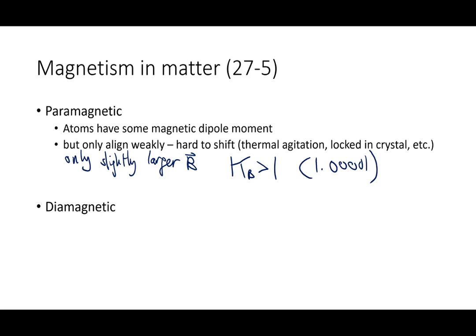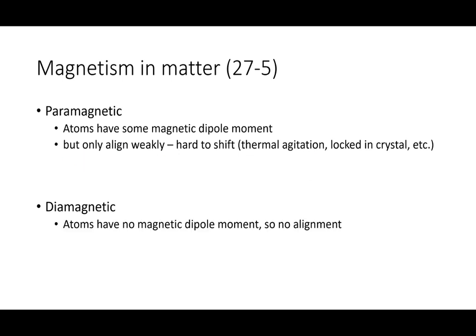In diamagnetic material, these are cases where the atoms in fact have no dipole moment at all. So there's no alignment happening whatsoever. You would think that would result in it basically acting as if it's a vacuum, so you expect a kappa of exactly 1, but due to some other effect that we'll cover next week,